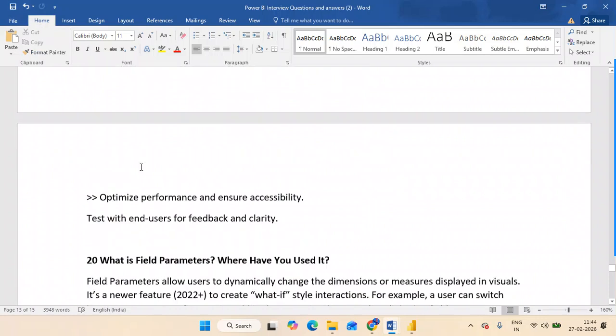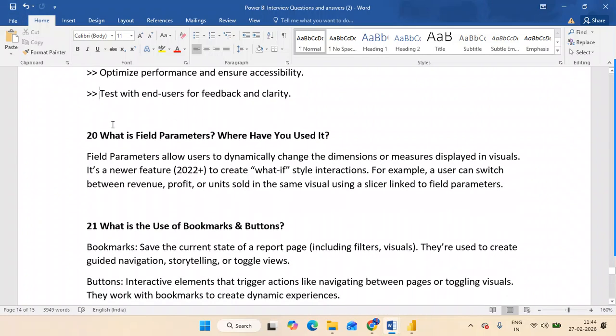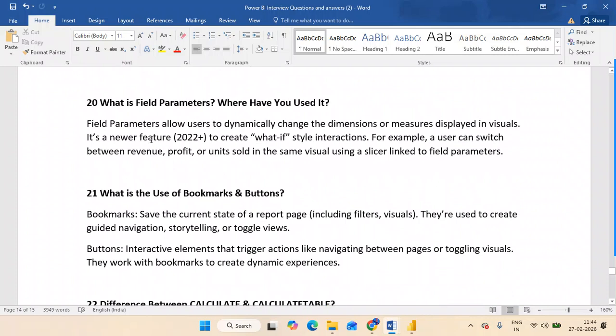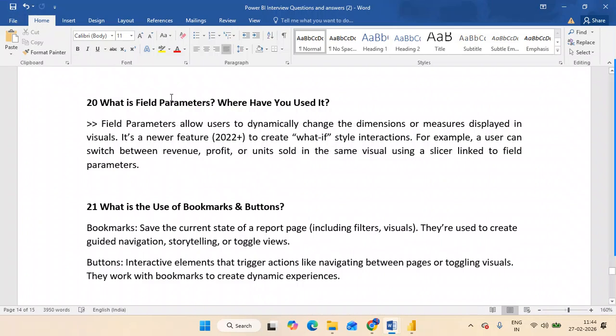Okay, and these are simple steps that you already knew, but okay. Whatever we have discussed in the classroom, only those things they will ask you. So what is a field parameter? We have seen it already. Why do we use a field parameter? For example, to pass the fields dynamically to see the data, we are going to use the field parameter.